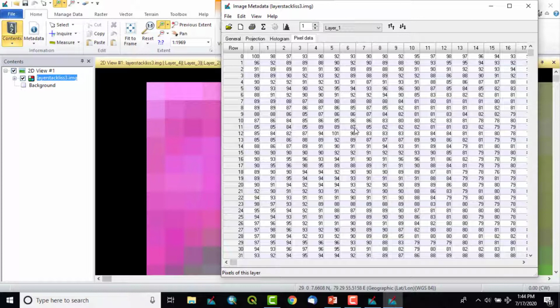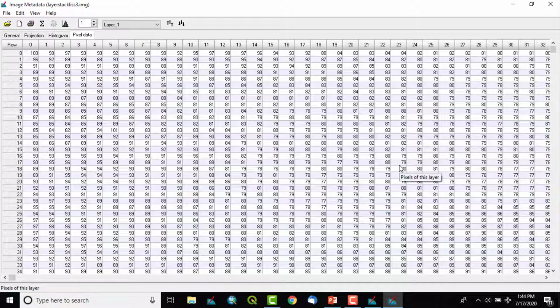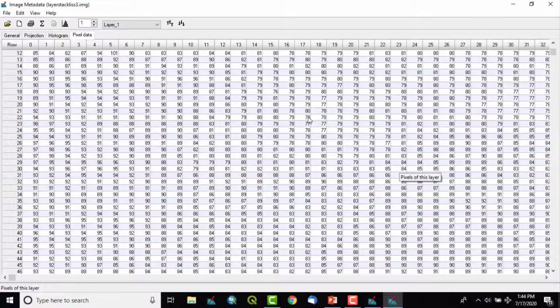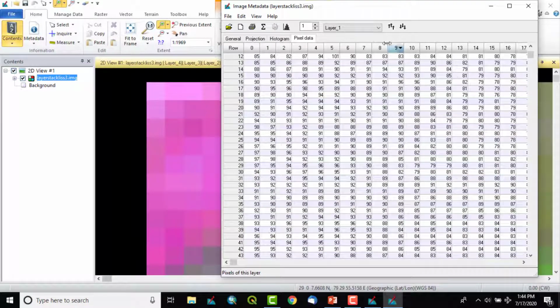Now each value shows some of the features on the Earth's surface itself. Values like 78, 79, 80, 80 may show some peculiar features on the Earth's surface, like open spaces or a water body. That way the values of the pixels can be understood. Now I will close this metadata.